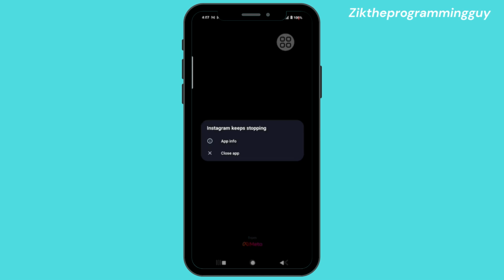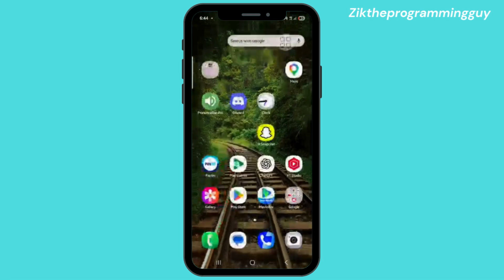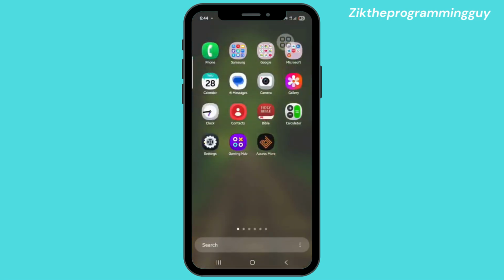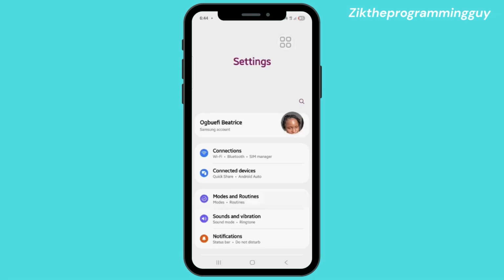So let's dive right into the video. A lot of people have been facing this issue of Instagram keeps stopping, and I'm here to help. First thing you have to do is close off the Instagram app, and then go to your phone settings. Once you go to your phone settings, you scroll down